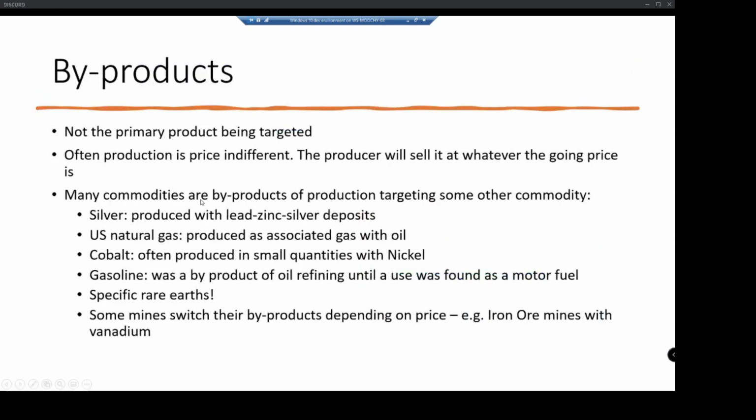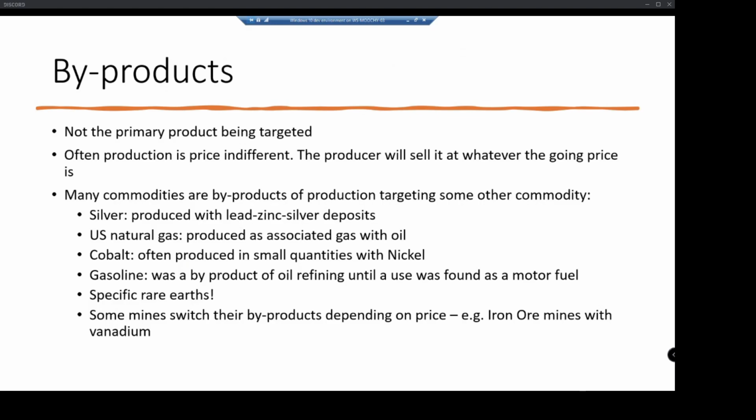The other interesting thing, which is possibly the last example in the theory section, is byproducts. Byproducts are very common in the resource sector. In the case of oil, a byproduct is gas. They pull out the oil and they get gas with it. A lot of the time they'll flare it, but if they can, they'll try and sell it. But it's only if they can.